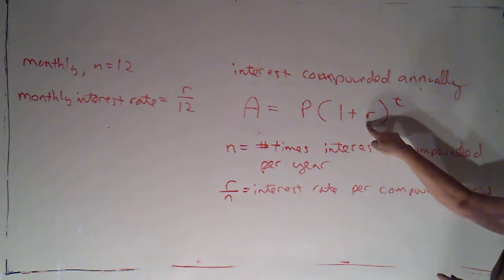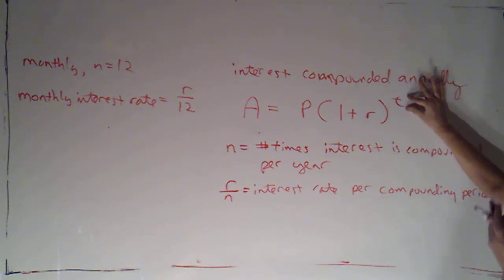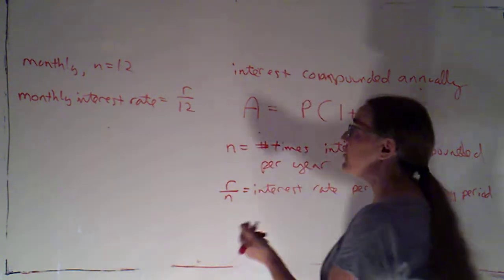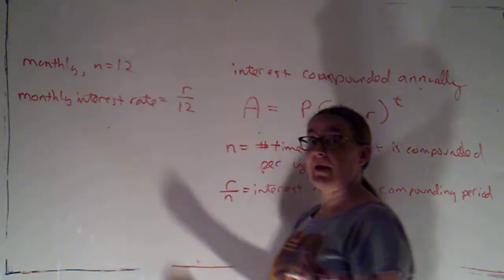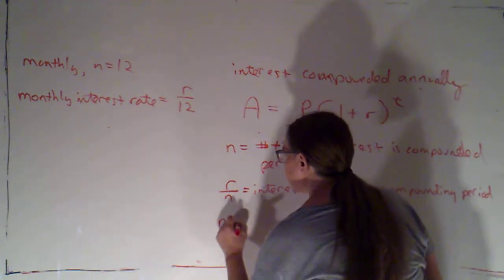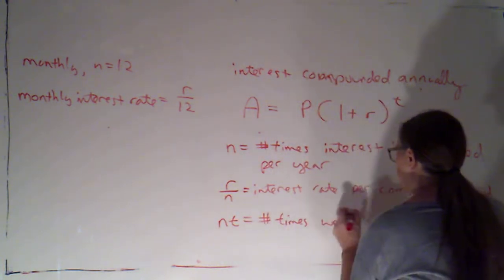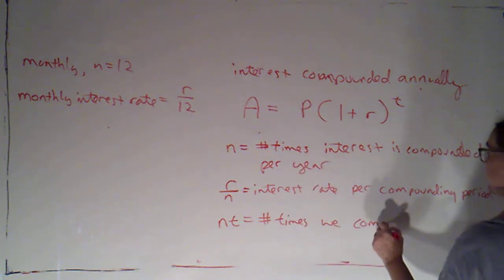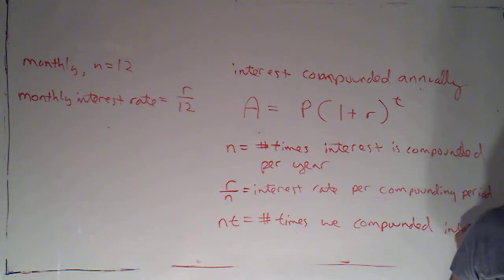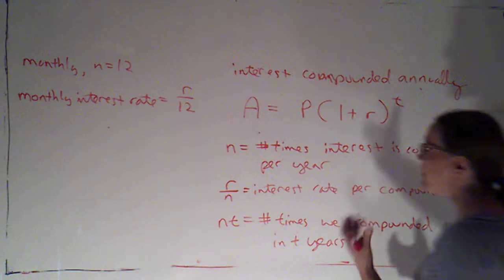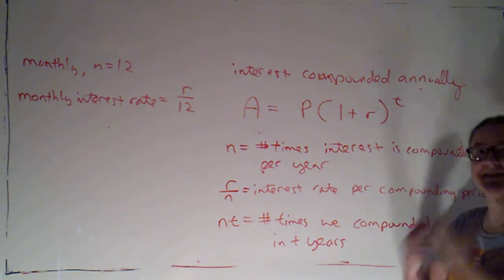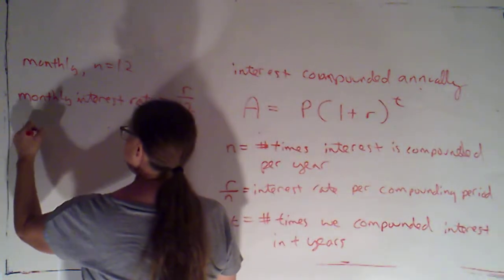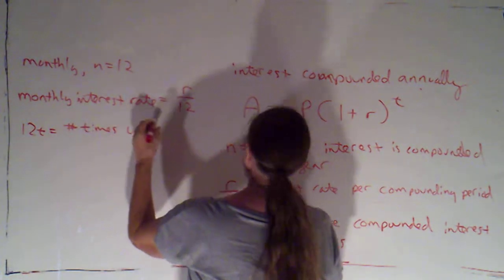Okay, so I'm going to have to adjust this. I'm also going to have to adjust this part of my formula, though, because at the end of 1 year, if I was compounding interest every month, I would have compounded it 12 times. Okay, so this N, that's the number of times we're compounding the interest every year. I'm sorry, N would be the number of times we compound it per year. N times T would be the number of times we compounded the interest in T years. So when we were compounding once a year, the number of years corresponded to the number of times we had calculated the interest. Now, if we're going to be compounding it monthly, that would be 12T equals the number of times we compound the interest